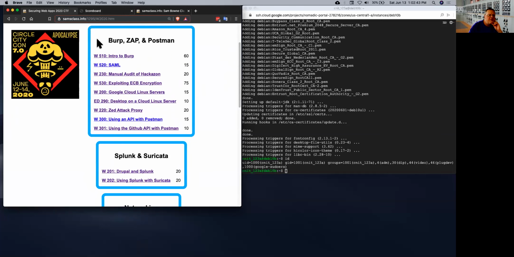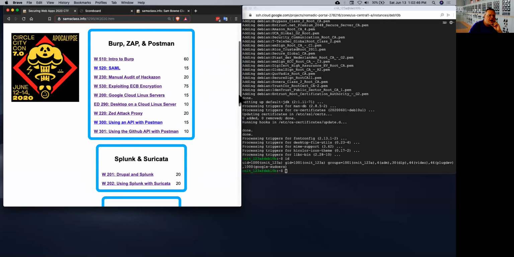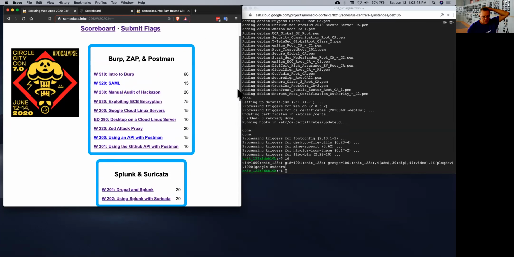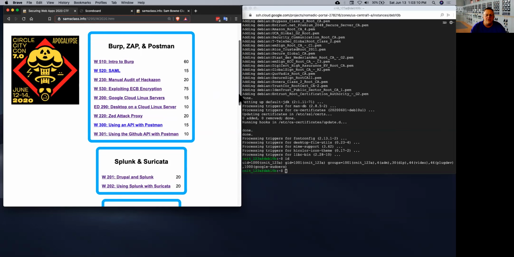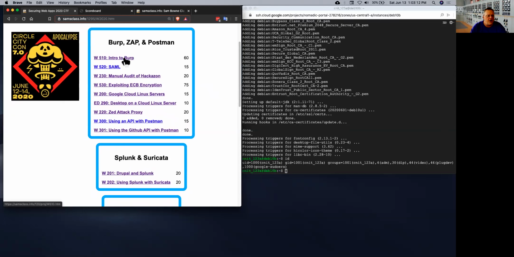So first, the main thing people use for securing web apps is Burp. It's the tool people use to find vulnerabilities and earn bug bounties, although I've never succeeded in making any money that way. You have to really be up on all the latest, fanciest stuff to be the first to find vulnerabilities. So what you're going to learn today is certainly not going to get you to the point where you could earn bug bounties, but it is the first step on a path that would show you how to secure web apps. So we'll go through Burp and a few ways to detect and exploit vulnerabilities, then set up your SAML